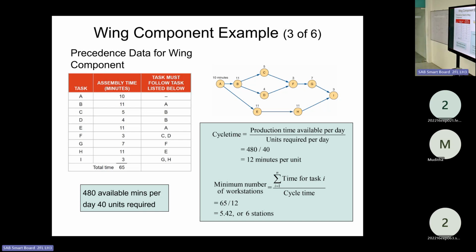Now we have 3 tasks to prioritize one. Which task do we prioritize? We go to the first rule, right? That is the task having the most number of following tasks. So C has 1, 2, 3. D has 1, 2, 3. H has only 1. So we have to consider C and D now and select 1, because C and D are